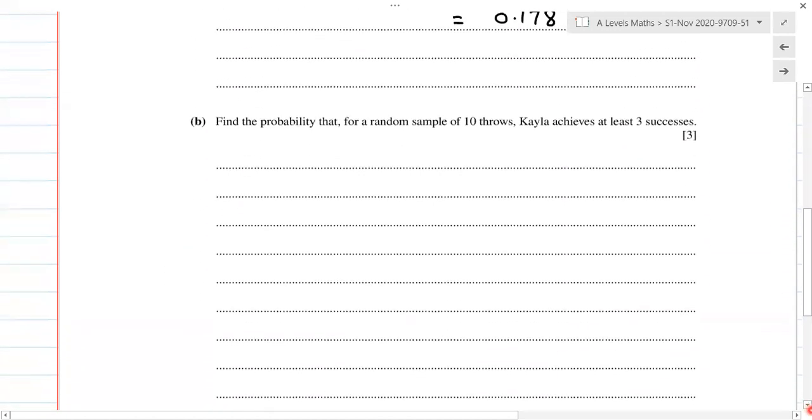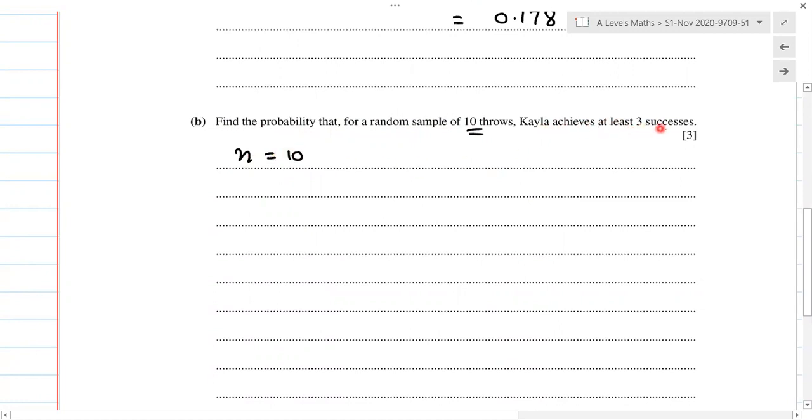Now, part B, it says find the probability that for a random sample of 10 throws. See, now n is given in this part. So that's how we distinguish between a binomial distribution and a geometric distribution. Whenever the number of trials is not given to you, that's a geometric distribution, because a binomial distribution has a number of trials. So here it says find the probability that for a random sample of 10 throws, so n is 10, Kayla